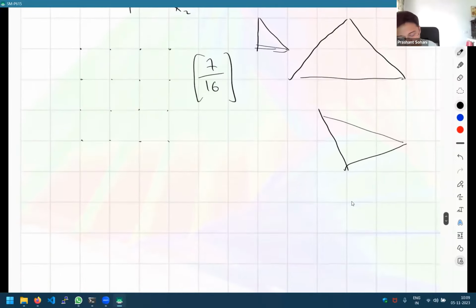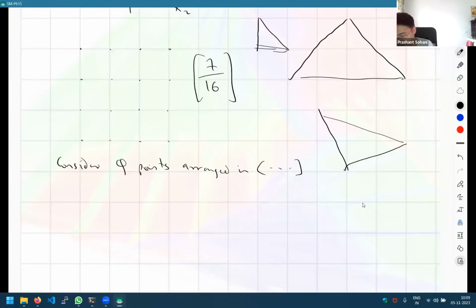So let me state this general statement, that consider some Q points arranged in some formation, so that I will fill in the blank later on. And if at least P points are colored, we can